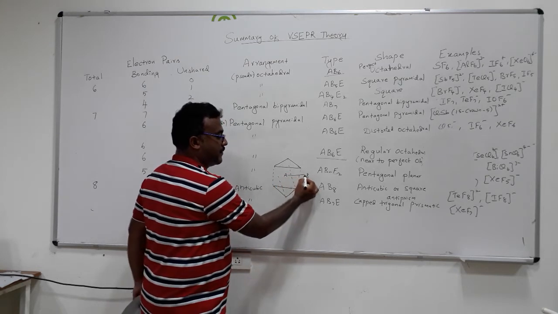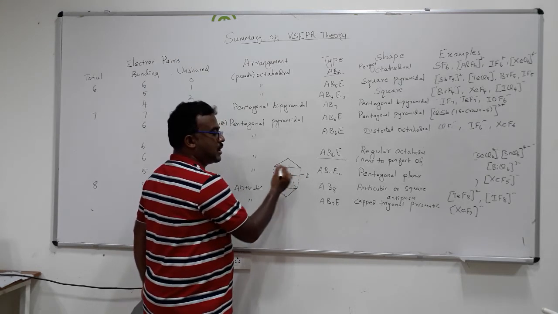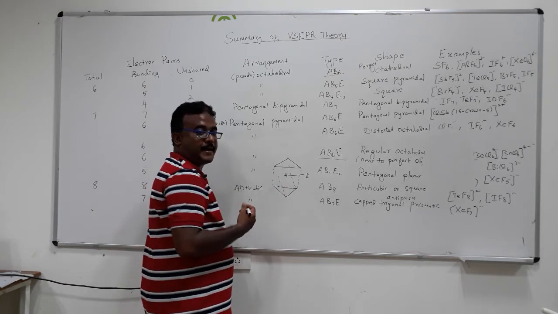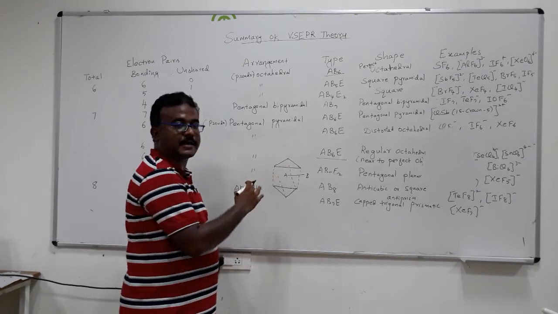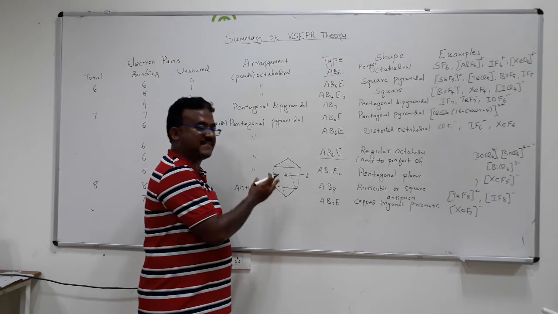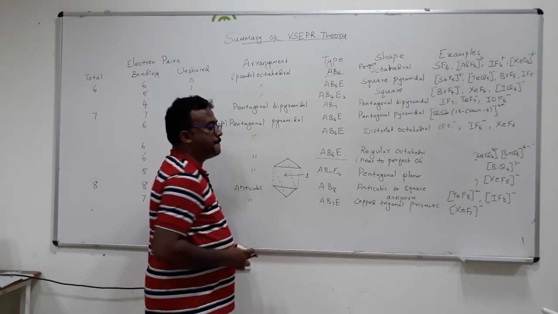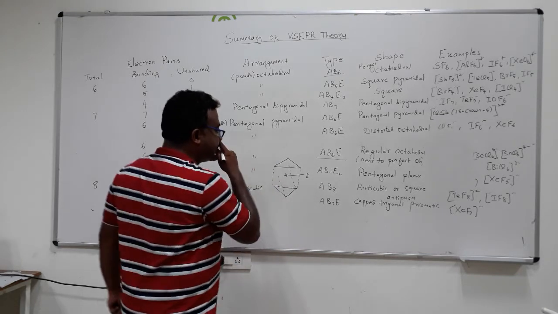One of them will be focused between these two, and then the lone pair of electrons will occupy somewhere in the space which has more volume. Where more volume is available, there it can occupy to get a capped trigonal prismatic.